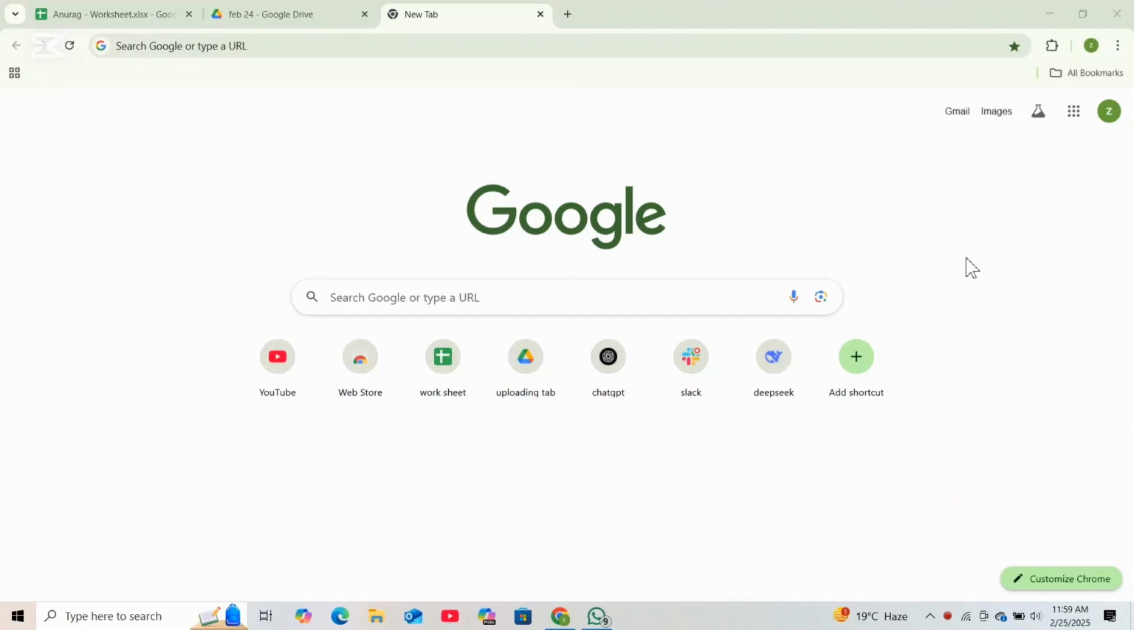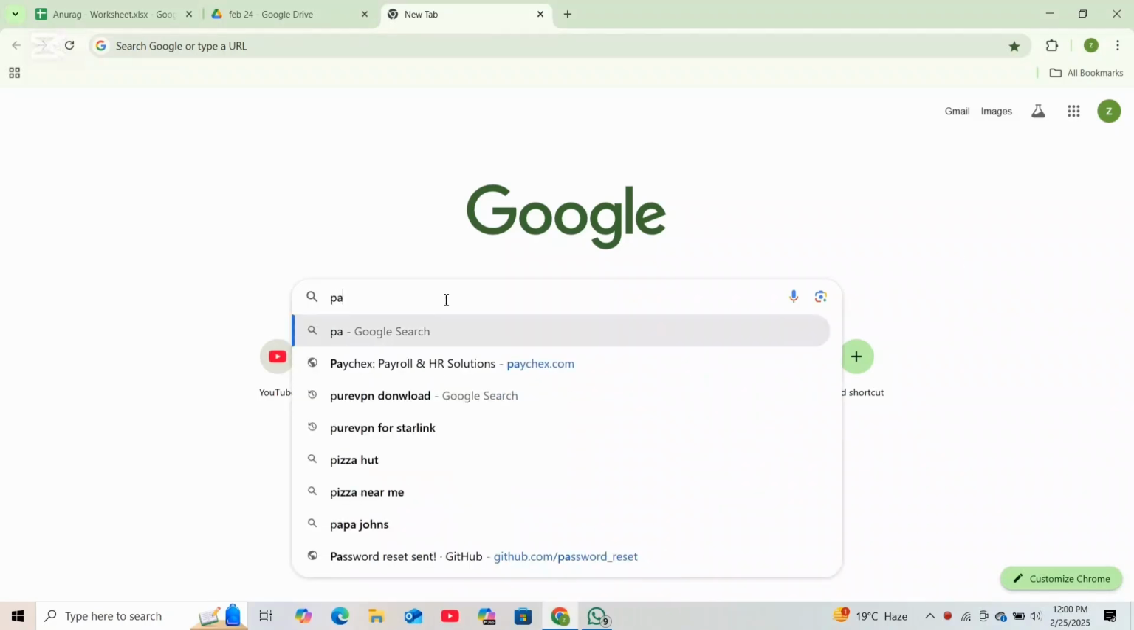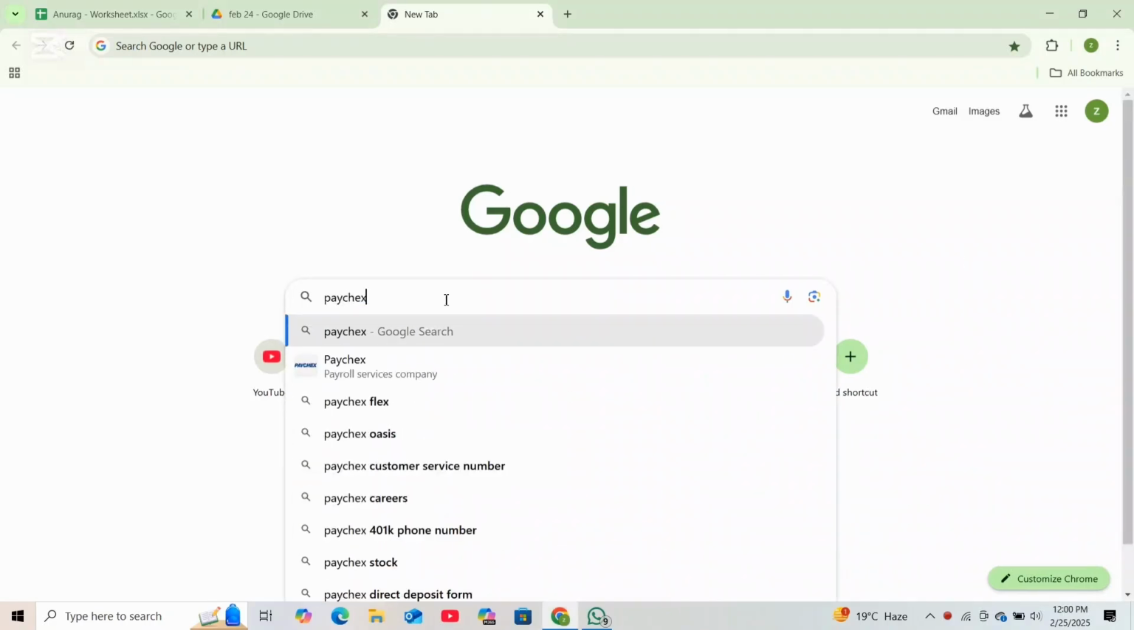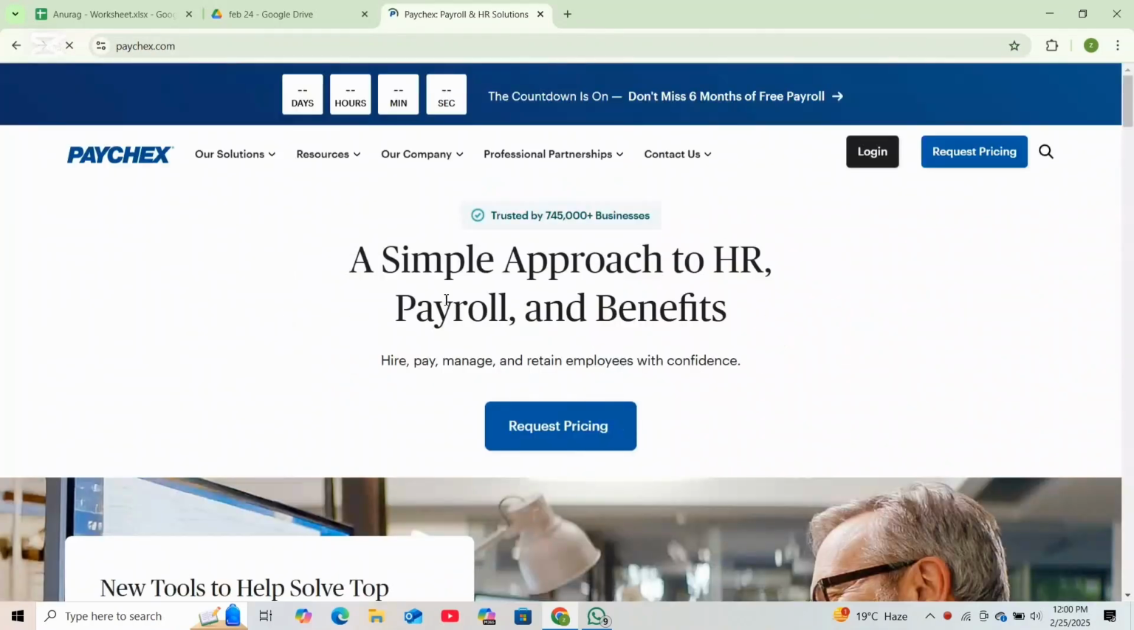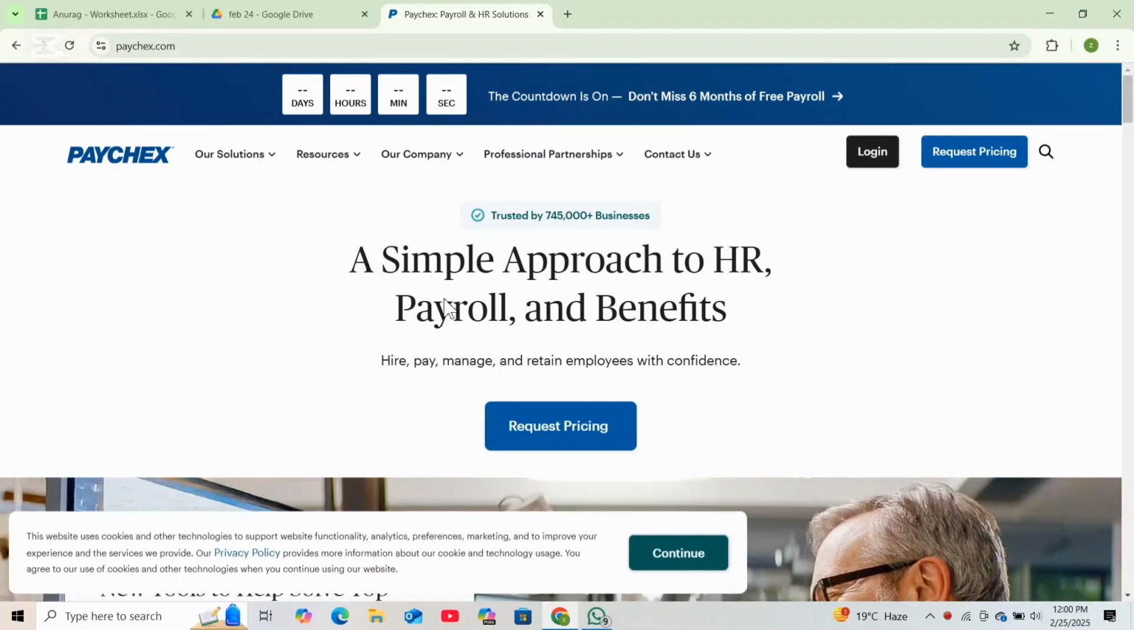So first things first, open your web browser, and once you have opened that, in the search bar, simply type paychex.com and press enter. And this will take you to the official website. And once you are there, look for the top right corner of the screen and simply click on the login